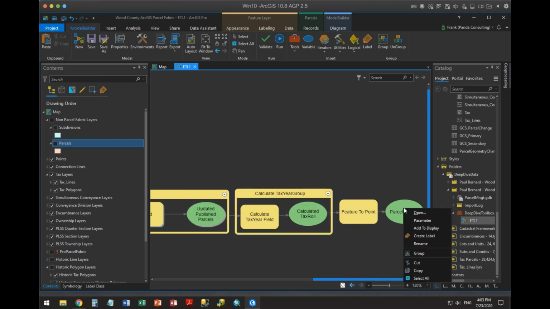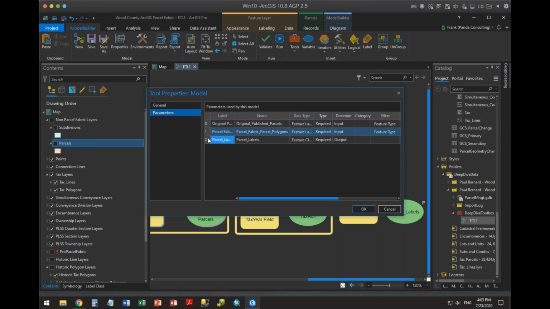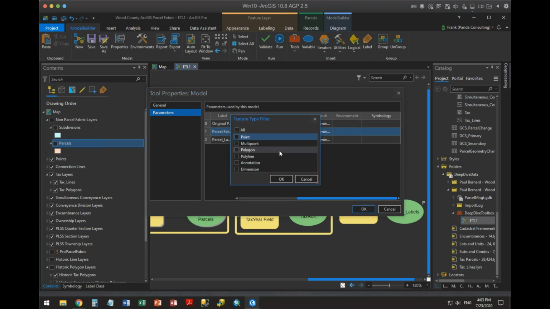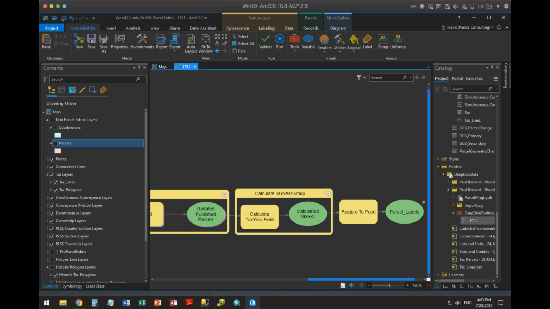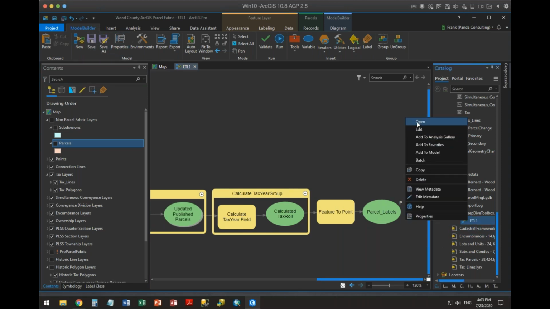Let's make that a parameter again. All right, if we're smart, we'll go in here to properties, go to parameters, and say, because that is a parameter that you're going to be able to choose in the future, let's go ahead and filter that so it's only going to be a point feature class on here. Save this out. When this runs now, again, make sure I save it out. When I run this,